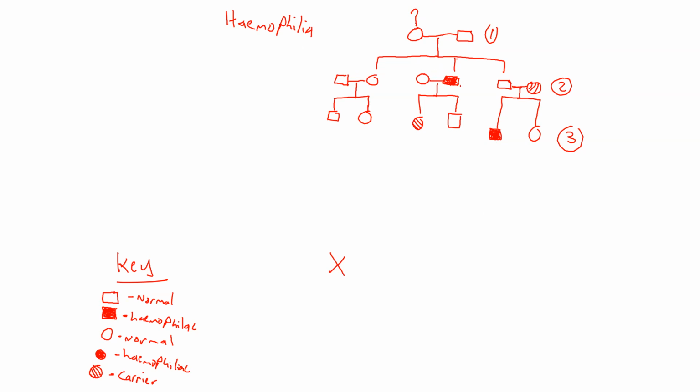We know the female child is perfectly normal. We know one of the male children is normal. And we know one of the male children is a hemophiliac. I can work out what the mother is. How is that? Because a hemophiliac male is going to have an X chromosome for hemophilia and a Y, right? Which means the hemophiliac male can only pass on his hemophiliac trait to his daughter,